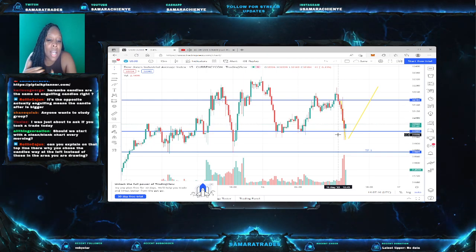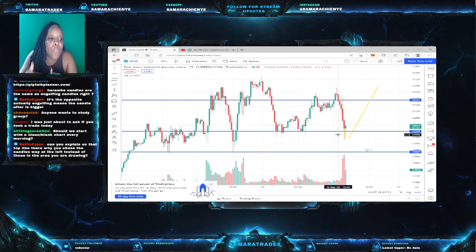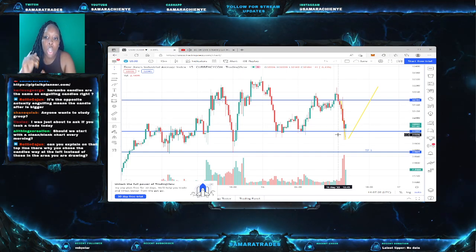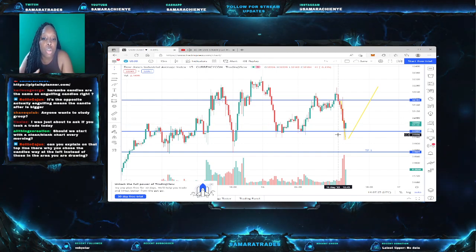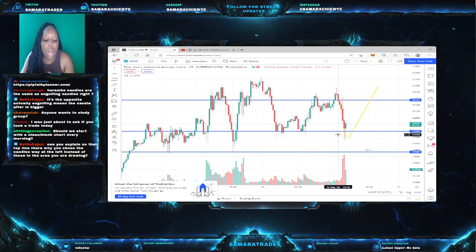So that's why I want you guys to understand, okay, when is the perfect time of getting into a trade? Don't just automatically get into a trade because you see a red candle forming, or you just see a differentiation forming. Don't do that.